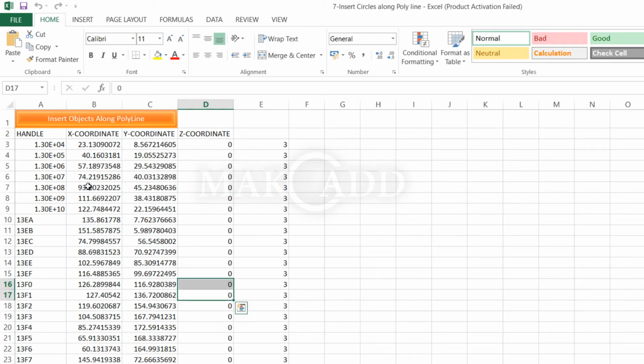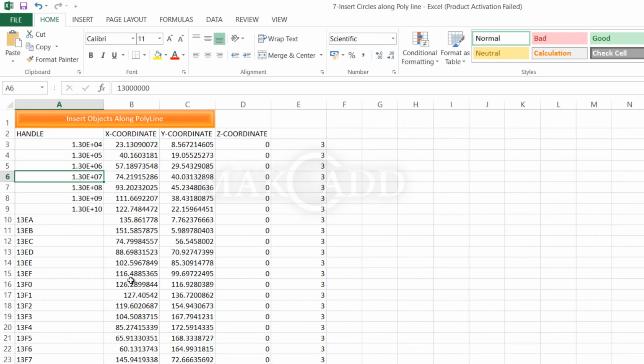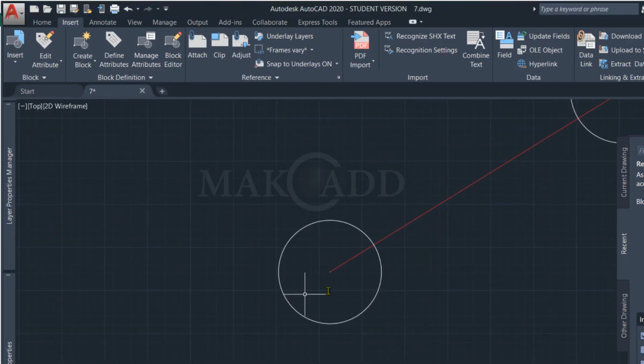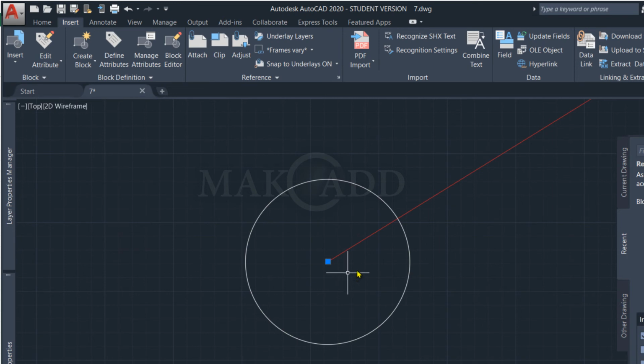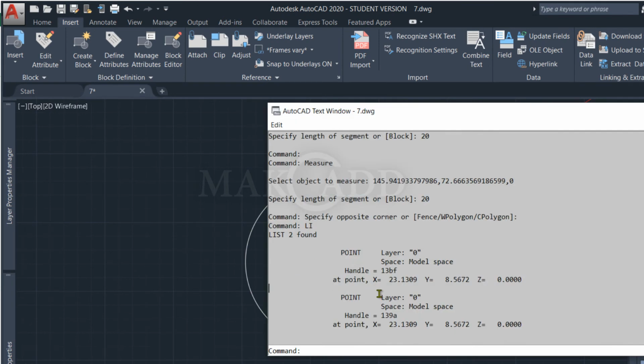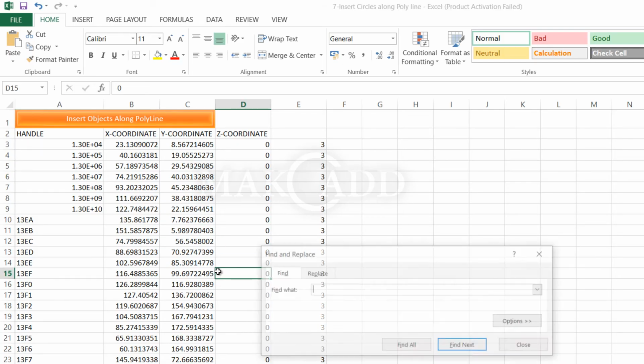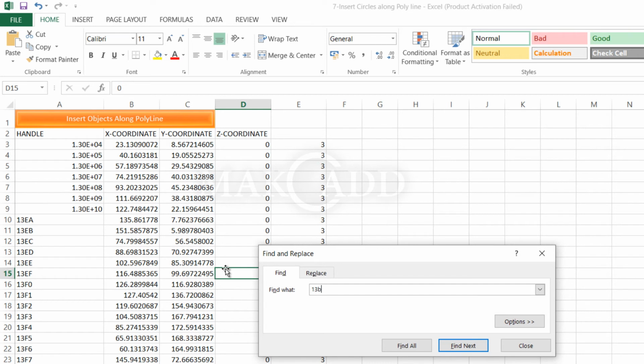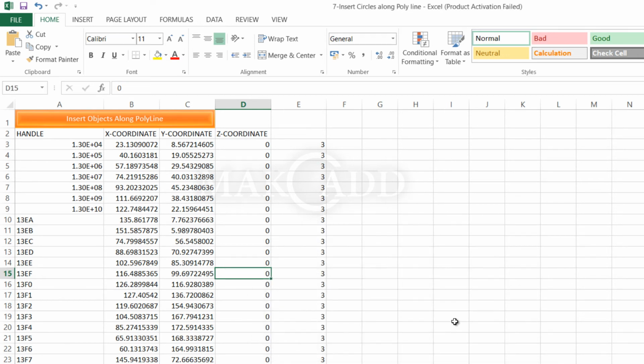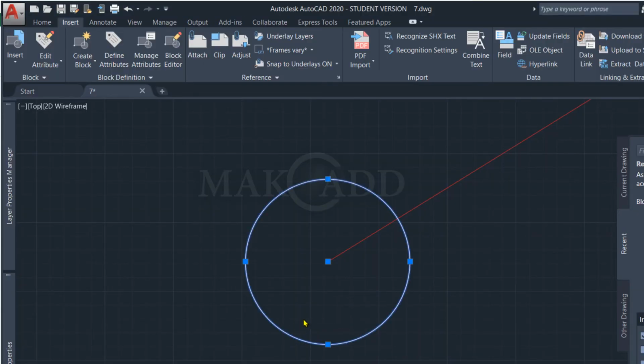So first we have to check the handle. So here we included a point. So here let us check the point handle, that is 13BF. Search 13BF. So we couldn't find the data. Let us check the circle handle.